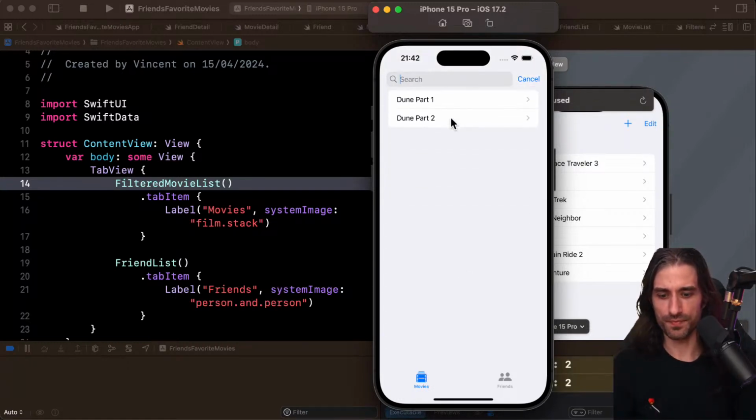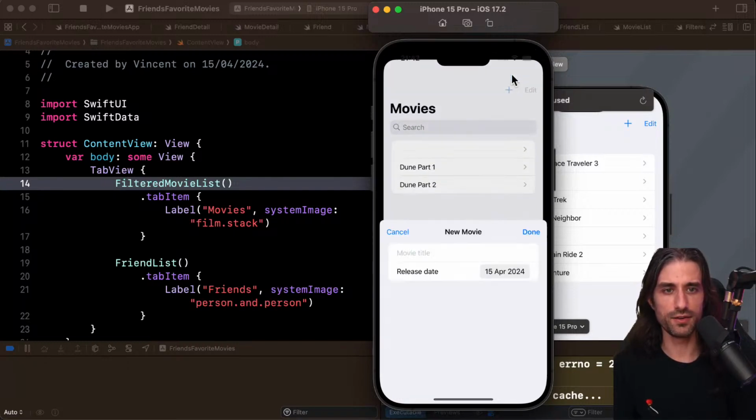And we have the search. So we can search for Dune. There is only one, I mean, every movie matches Dune, but you can see one, for instance, Q. I'm gonna add the movie, so